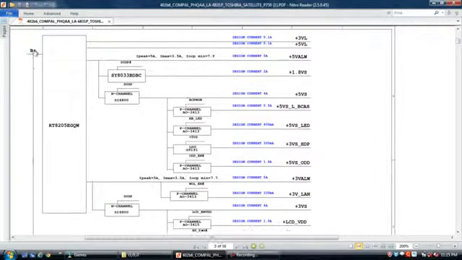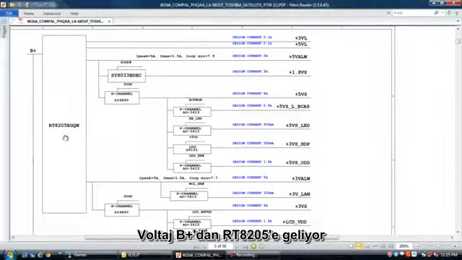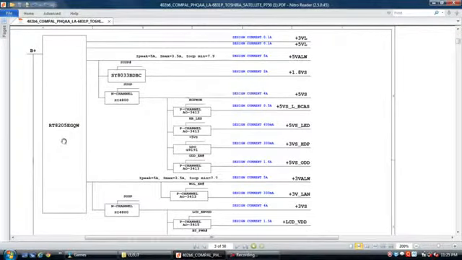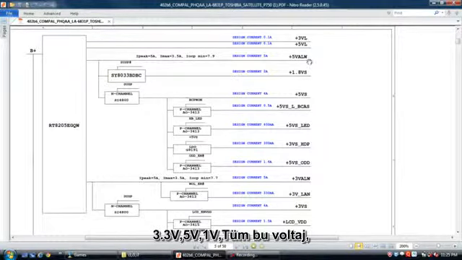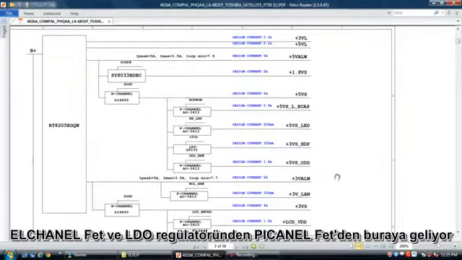See here, plus B voltage comes to RT8205. After this, voltages come out: plus 3.3 volts, 5 volts, always voltage, 1.8 volts. All these voltages come out from N channel FET, the LDO low dropout regulator, P channel FET.